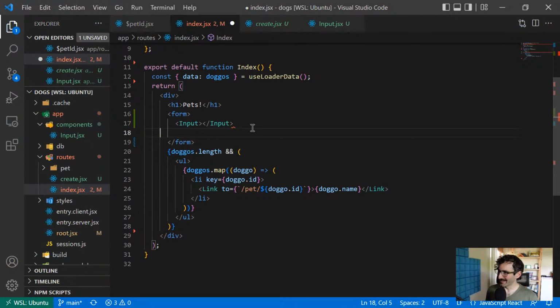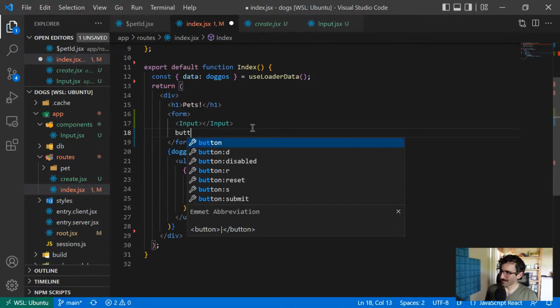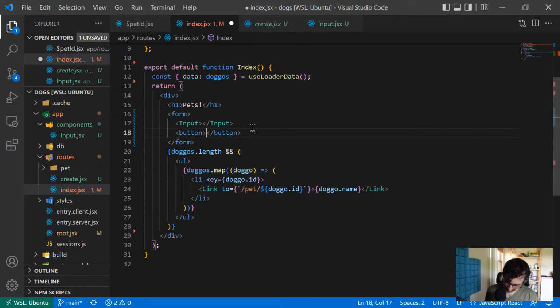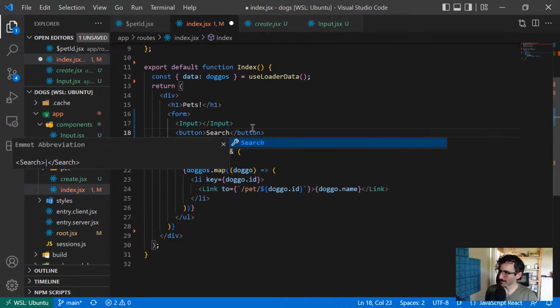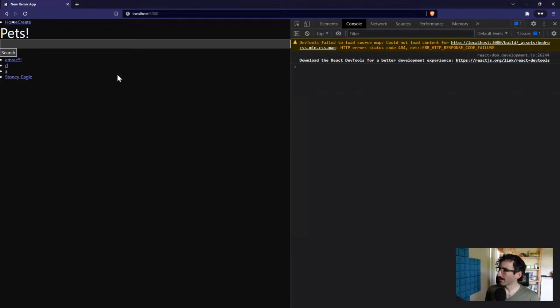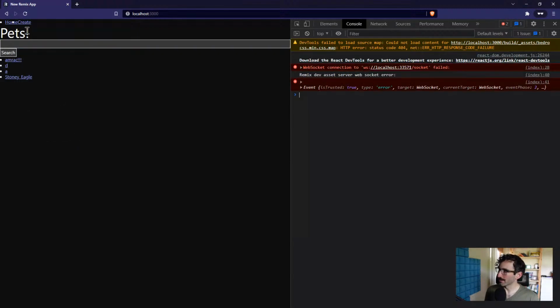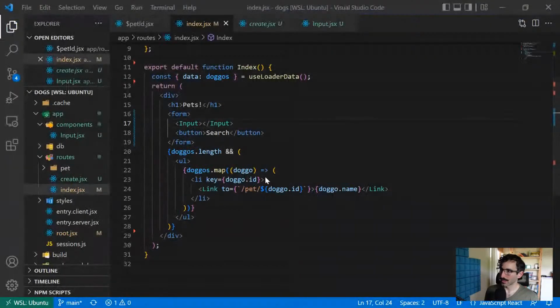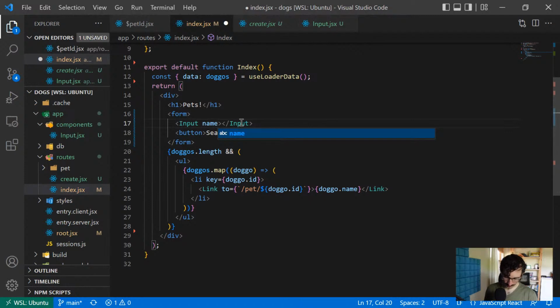Yeah. Okay. And then I need a button to do whatever. We'll do search. Okay, back on the home page, we have our input. That's looking good. And we have search. Okay. So now every input needs a name equals search. Every input probably should have an ID, but because it's a component,